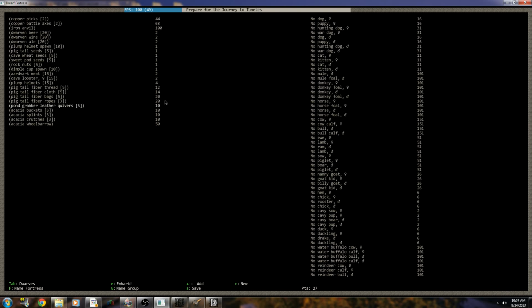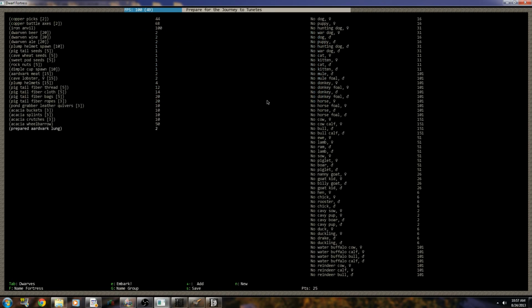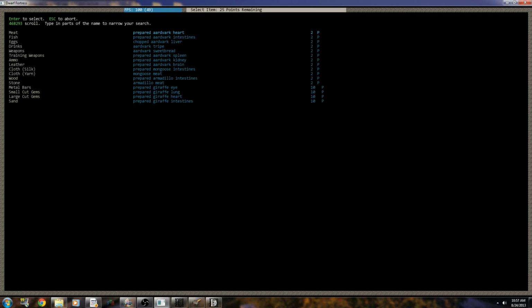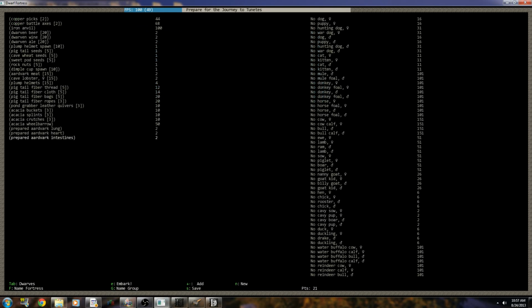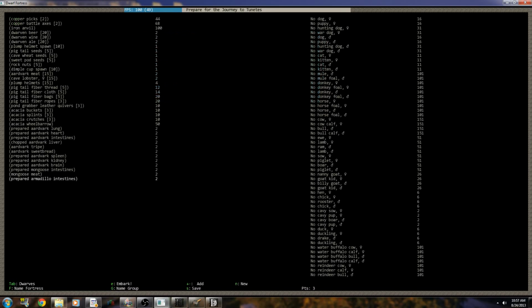Alright, so what we do need is... I think that should do it, honestly. We have 27 points left, so one thing I like to do that gives me lots of containers, you hit new for new item, go to meat, and you go to this prepared aardvark lung and you hit enter. And you don't add any more to that. And you just do the same thing. You take one grouping of each thing, because each grouping comes with its own barrel. So when the food is gone, the barrel becomes available. Just like that. You see? It's planning. Okay. Armadillo meat. If you ever need armadillo meat, this is the place to come. Alright, we'll give ourselves one more...